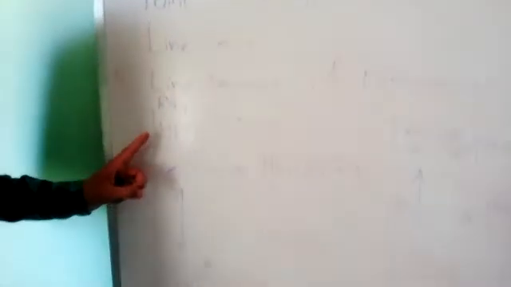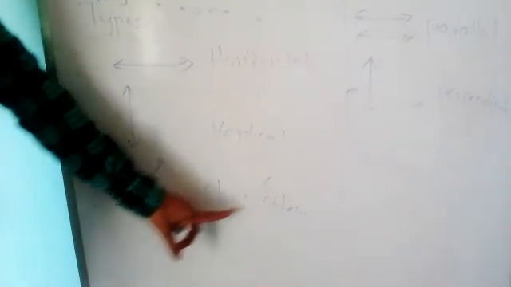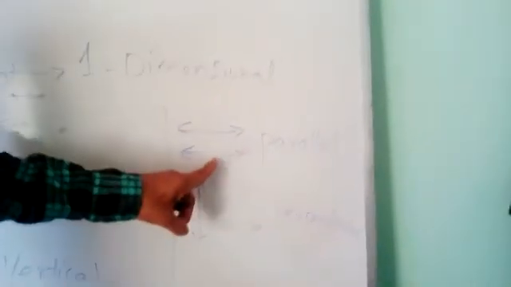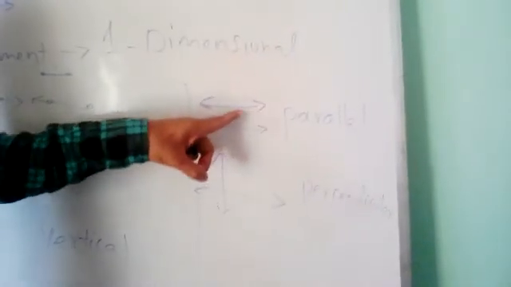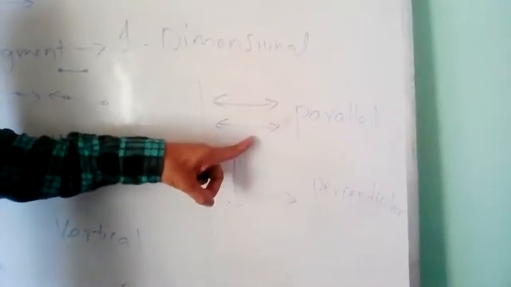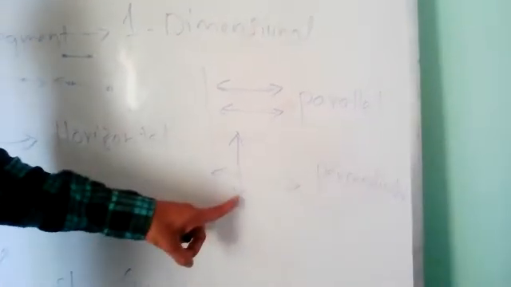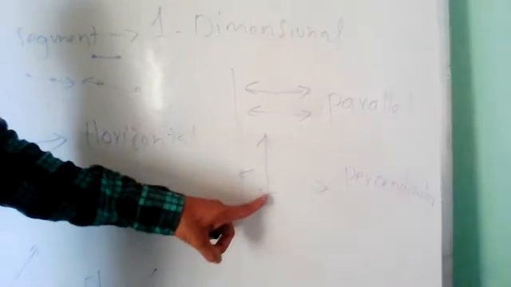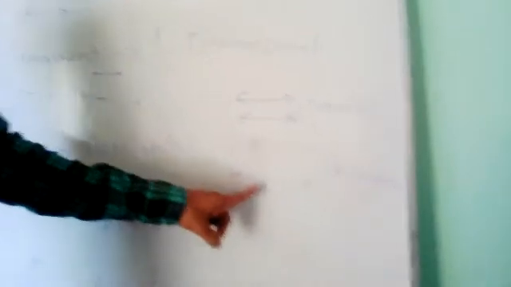Ray: if a line segment is extending in only one direction, either in this direction or like this, it is a ray. And types of lines, we have the horizontal line, nothing but the sleeping line, the vertical line, nothing but the standing line, the slant line or oblique, and pairs of lines: parallel lines and perpendicular lines. Here in parallel lines, the distance between them is the same, they are not going to meet anywhere. And perpendicular lines have a straight line, that means an angle will be there. This topic we are going to discuss later.